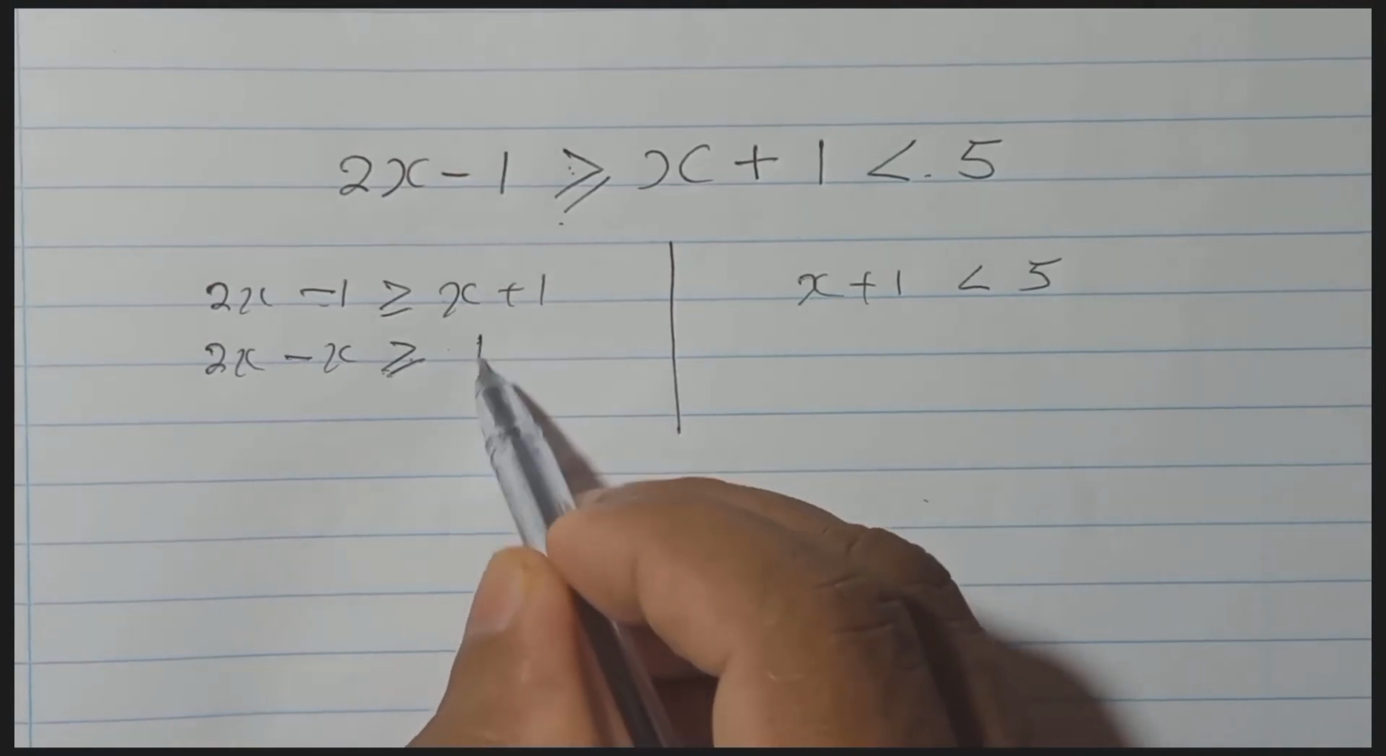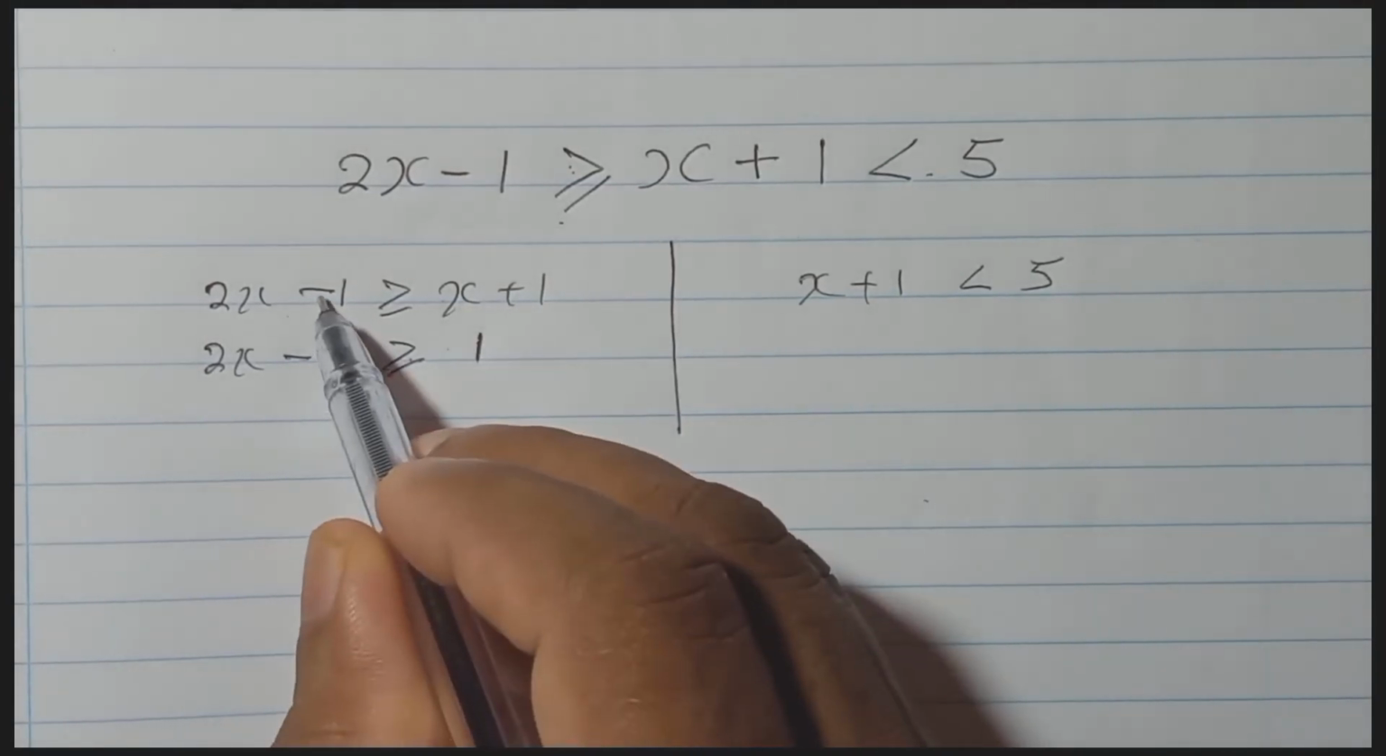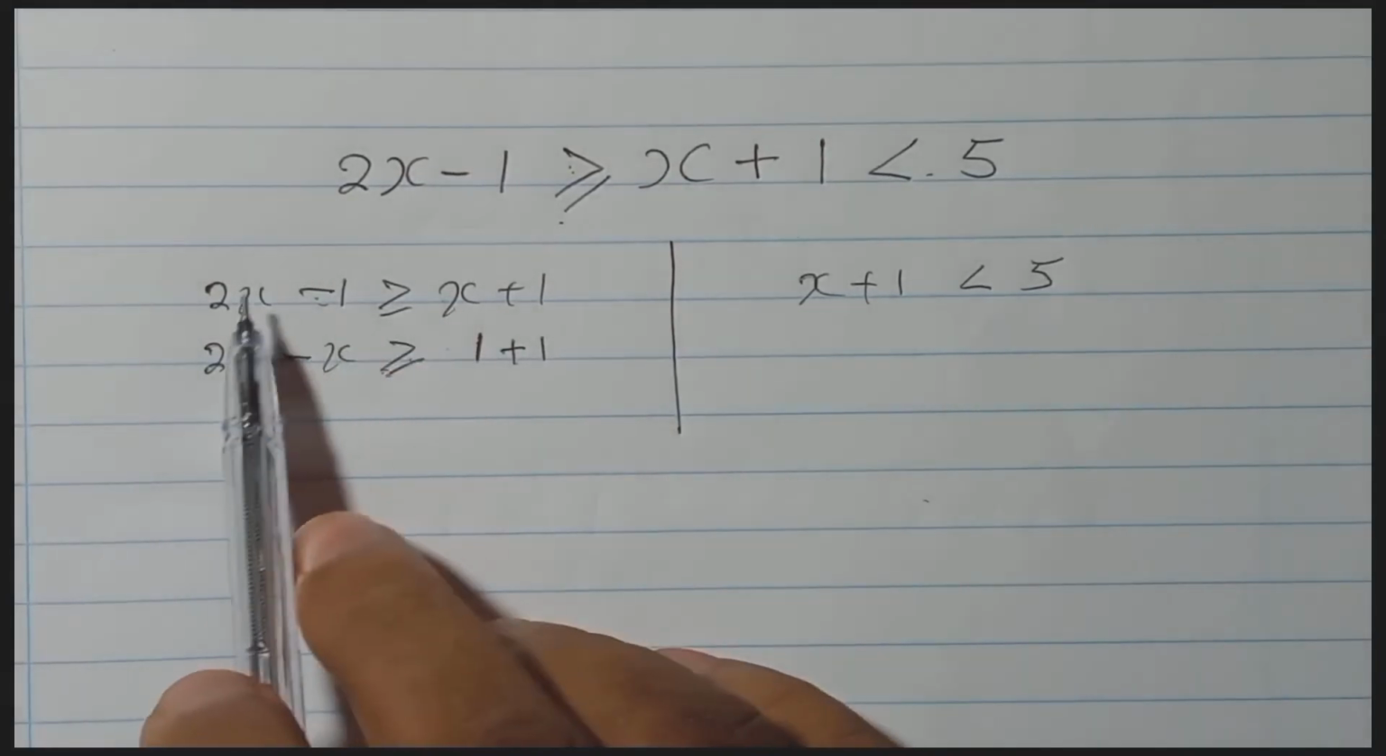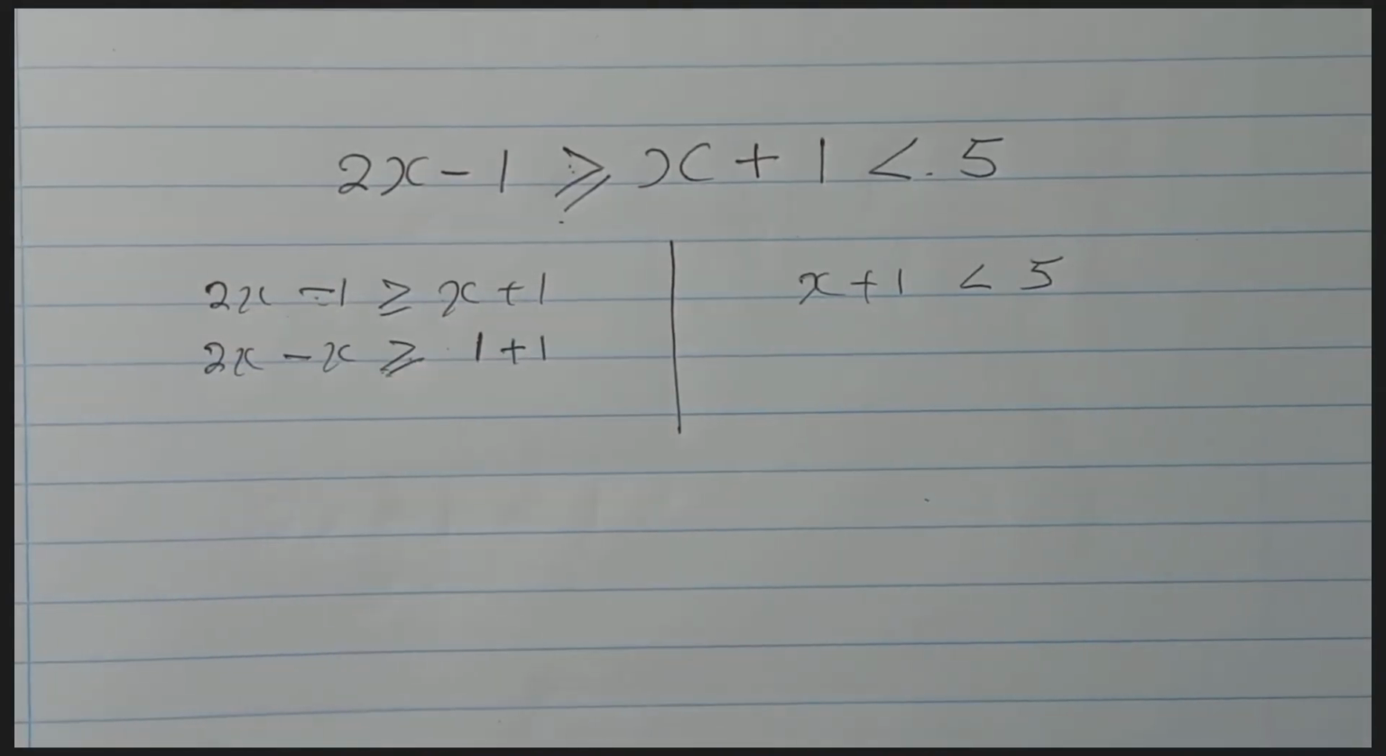Already there was plus 1, so that's why I put that here. And then when I bring this minus 1 to here, it will be plus 1, right? The x comes to here, and this minus 1 comes to here. That's all I did here, right? Then